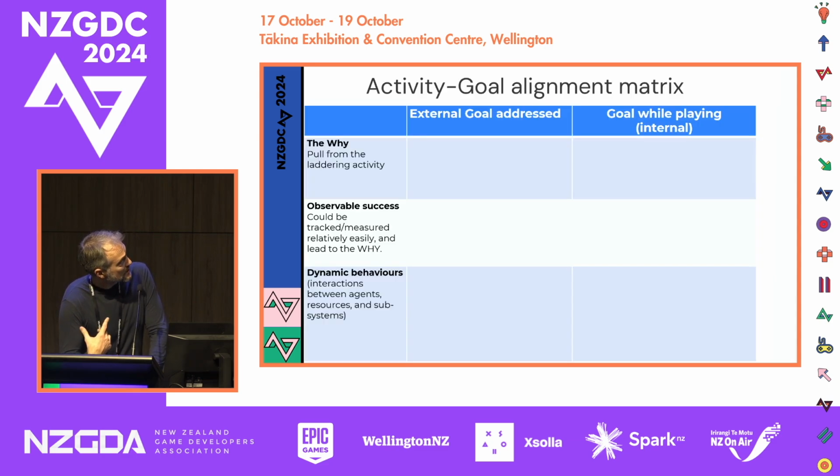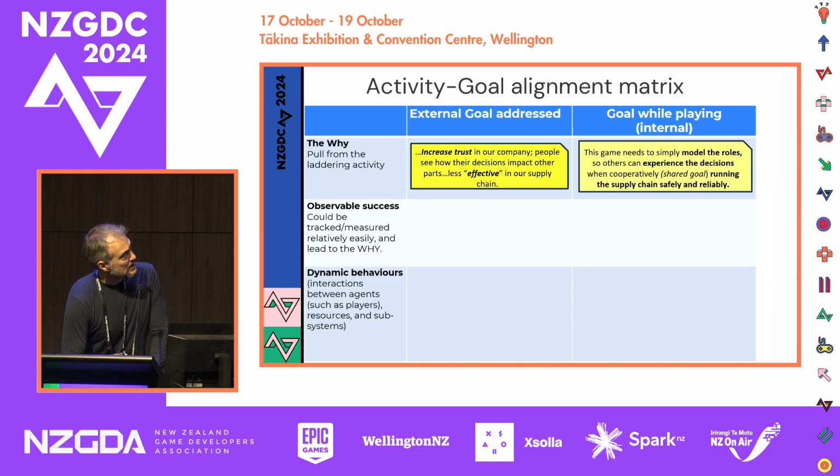So here it is. This is what I've got. At the very top, I've got the why. In the middle, the observable success. So what does victory look like in this game? And perhaps what does it lead to outside of it? And what kind of behaviors are going to be going on? And I'm not just talking about an individual player who's going to be engaging in one behavior. Here's a cookie for doing that behavior. But I mean, what are the interactions between these players, those kind of behaviors? How do I want them relating? So I pulled that right in from the chart for the laddering technique.